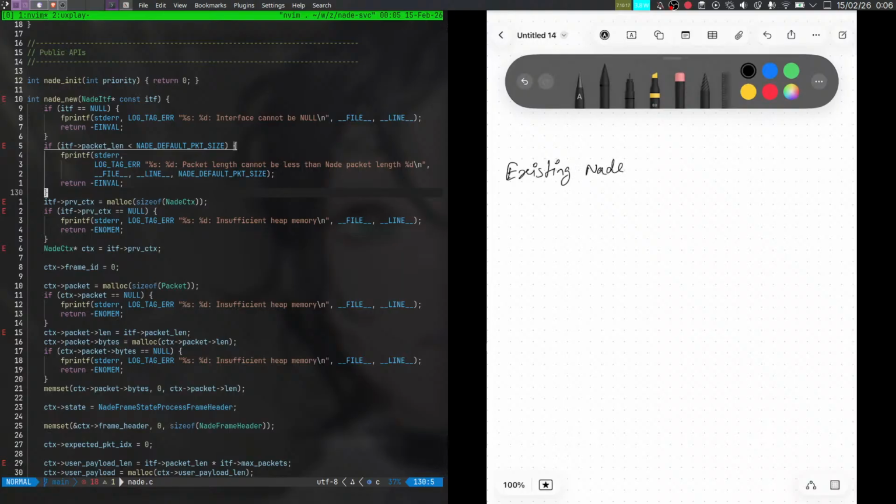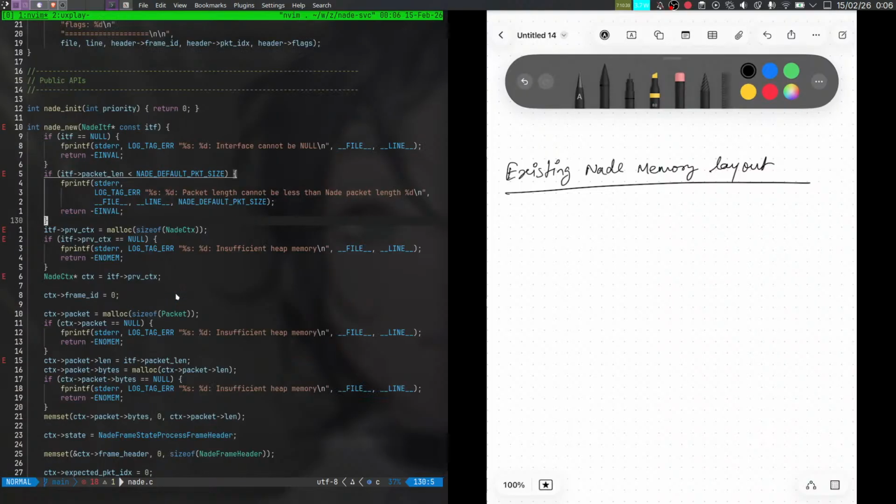The existing Nade, is it visible? Yeah. Memory layout, like how is malloc laying itself out? So what do we have in Nade itself? Forget about the service layer for the time being, just the synchronous, the blocking API. What do we have there? So in the blocking API,